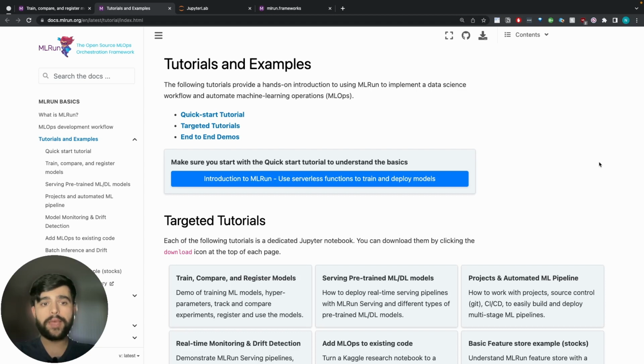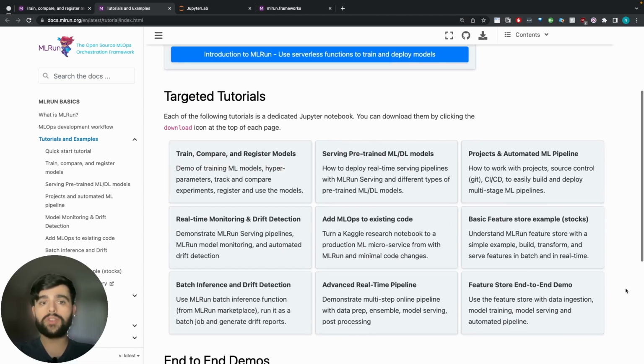I'd like to call out this page in the docs called Tutorials and Examples. It has just about everything you need to get started with MLRun, including the quick start, so I'd start there, as well as targeted tutorials on specific areas like training and serving and a lot more. We're going to be doing train, compare, and register models today, but I strongly recommend you check out the others